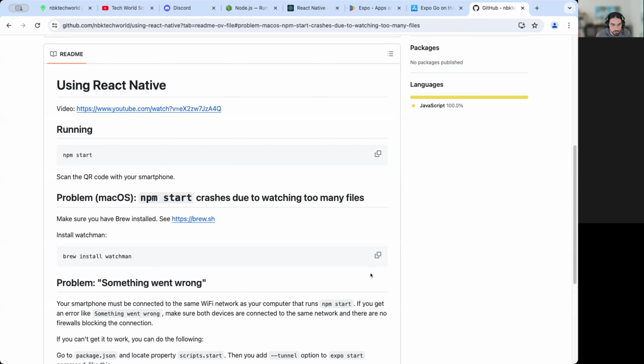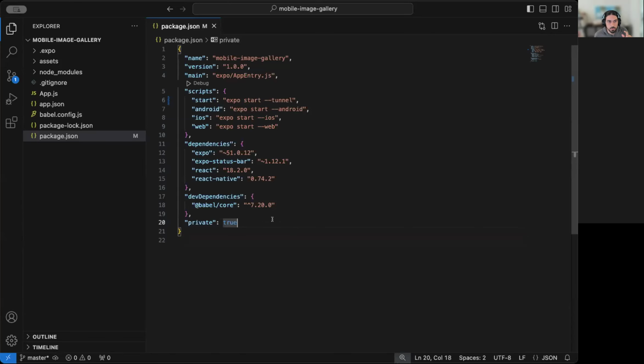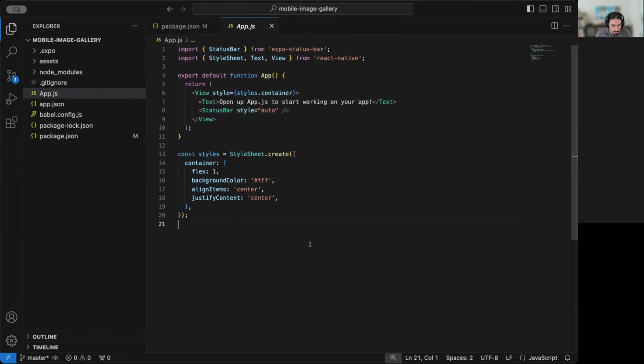Okay, everybody, let's move on. I'm back to the code here. So what you want to do is go to app.js. That's the file. And what's nice about this is that whatever you see here, open up app.js, that's what appears on your phone. If you try changing that text to something else like hello world, and you save the file, in my case Command S, or Control S if you're on Windows, you can see automatically,